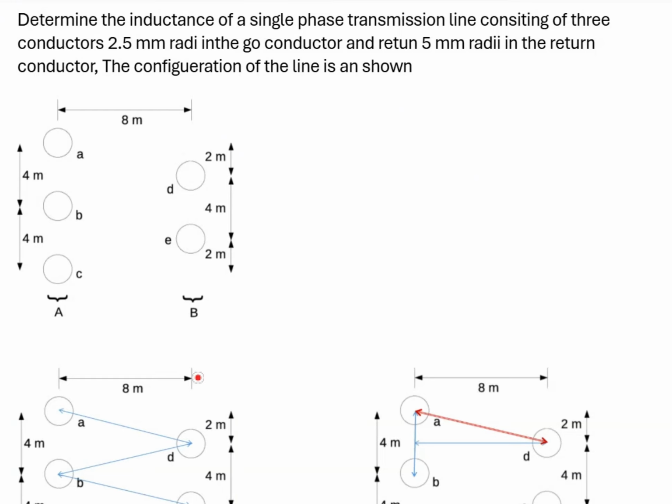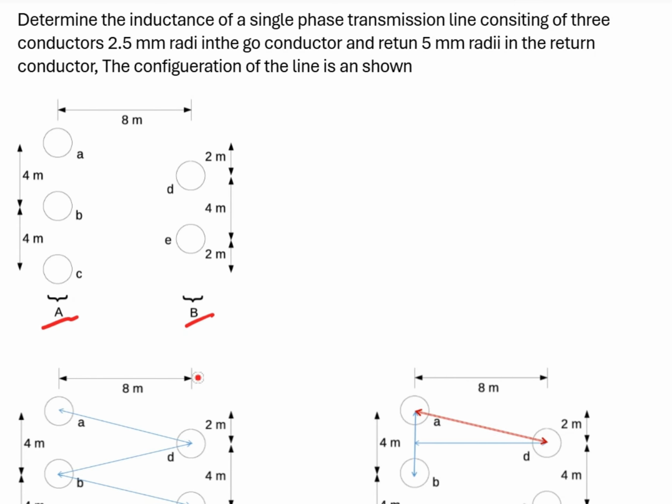So here is a problem, same as the transmission line, and we are going to analyze the single phase transmission line, and of course we'll determine the total inductance of this circuit. So A circuit represents the go and B circuit represents return,